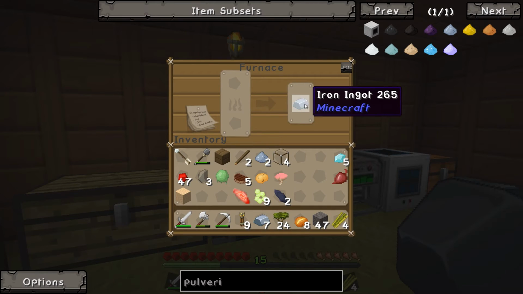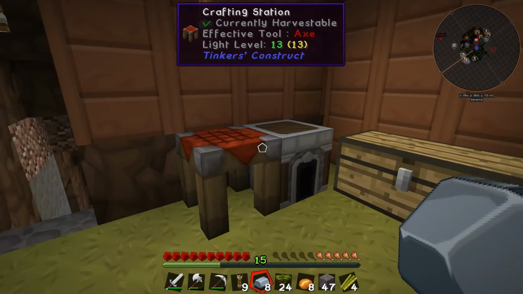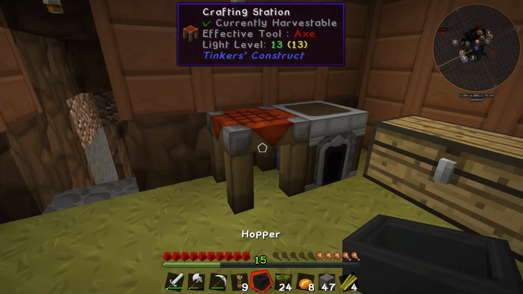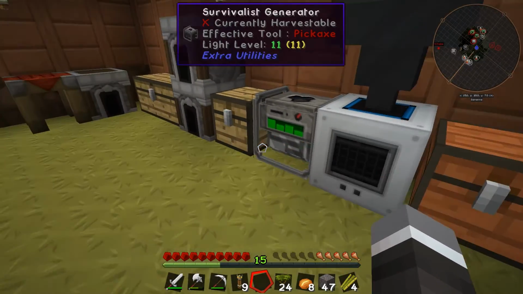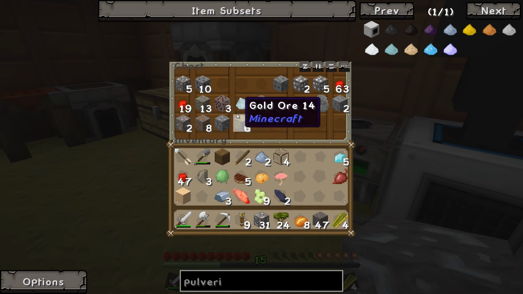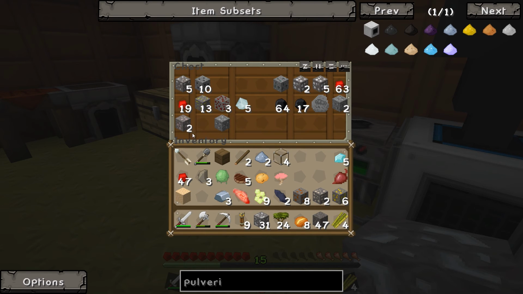We want to grab 1 iron. I didn't realise that was still in there, and that I'd grabbed it already, and go like so, and kaflunk, and we have ourselves a hopper. Then we should just be able to shift, right click on the top of there, and now we can grab the likes of our lead, what else have we got a lot of? Nothing really. We'll grab our gold, our ferrous, our copper,